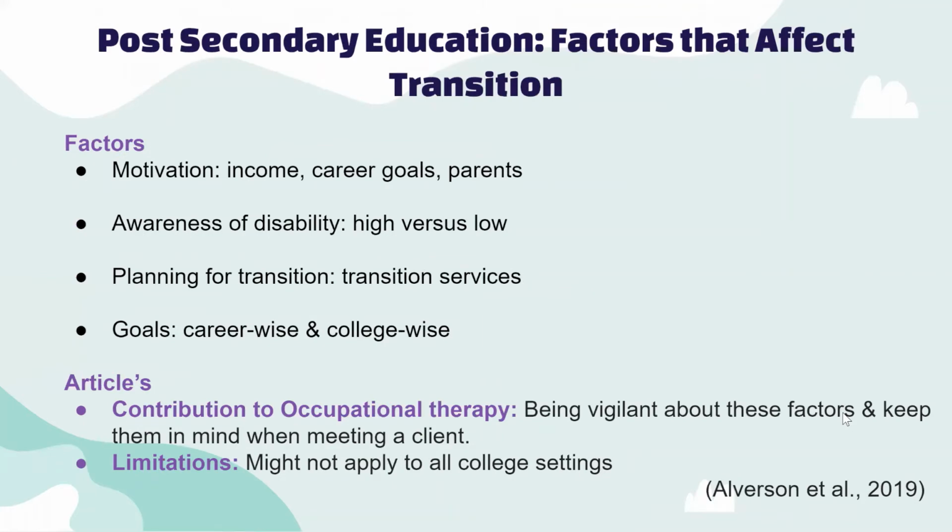So what they found was that there are certain factors that affect how smooth a transition is. One of these factors was motivation. Some students mentioned how they wanted a stable income and wanted to be able to support themselves. Another student mentioned how they had a goal of becoming a biologist. Another student mentioned how they wanted to go to college because their parents really wanted them to go, and so